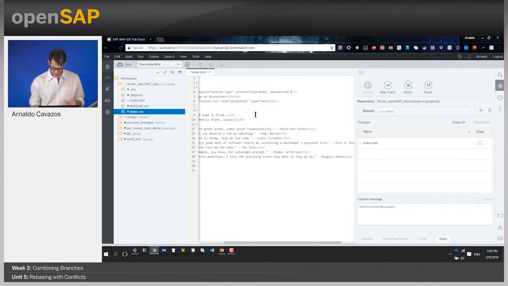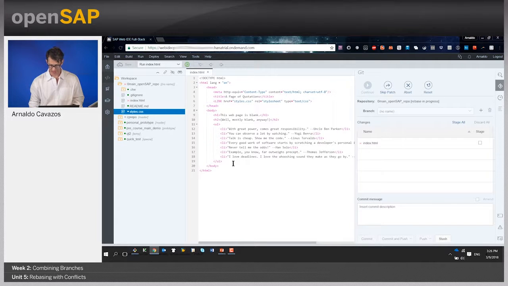Now, in principle, the next quote is at the end of the list. It's Gandhi. So if we stage this, I'll stage it now. I've already saved it. And this continue button highlights. If we hit continue, in principle, what should happen is it should just automatically apply the next commit in the rebase because there shouldn't be a conflict. But as I told you, Git is conservative at this point. So it may, because it's an adjacent line, say, I'm not sure what to do, and it may require our intervention again. Let's find out